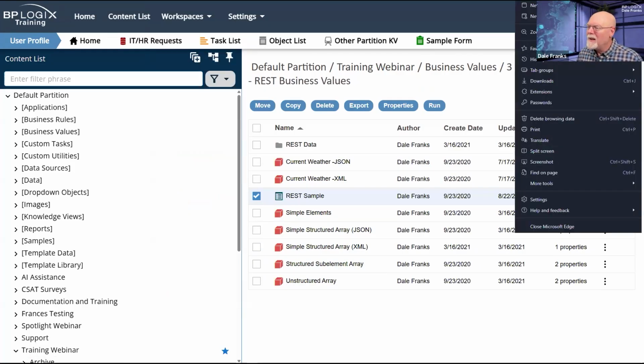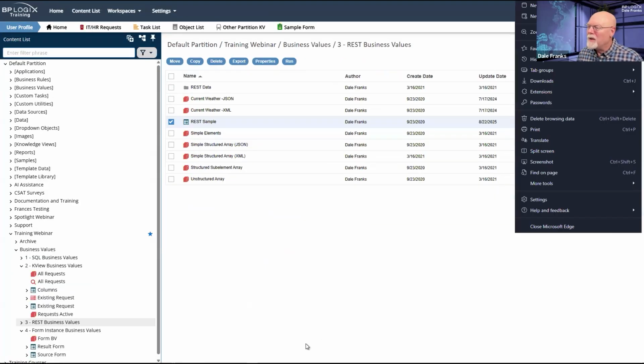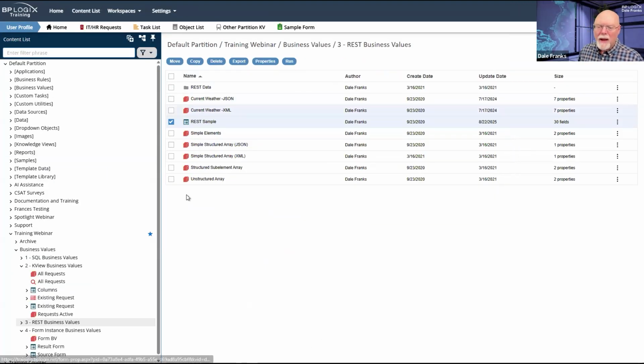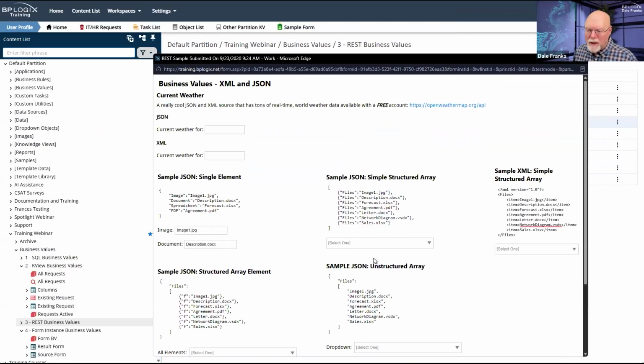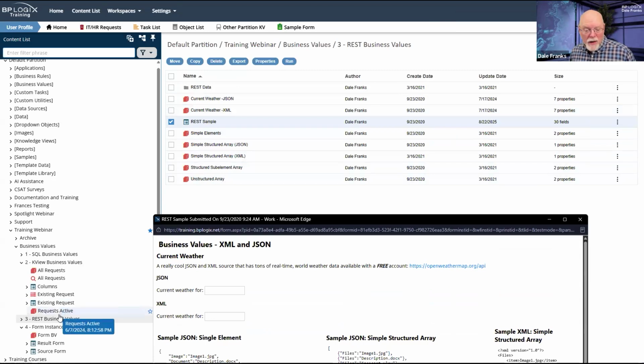Let's go back to 100% here. I have all of these different methods of grabbing data. As we saw from the form, which I stupidly closed, I have these four methods of grabbing this JSON data. And I've actually got that data here.